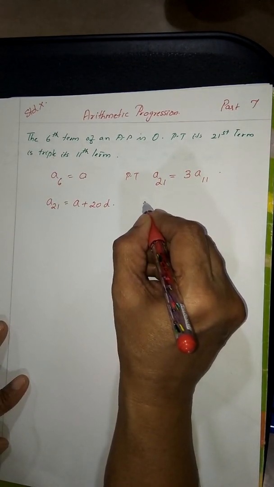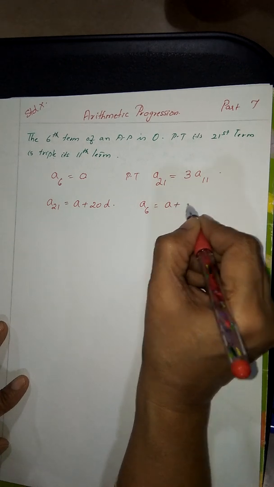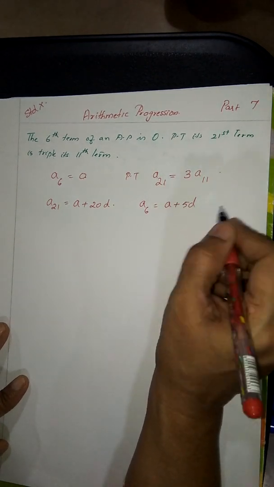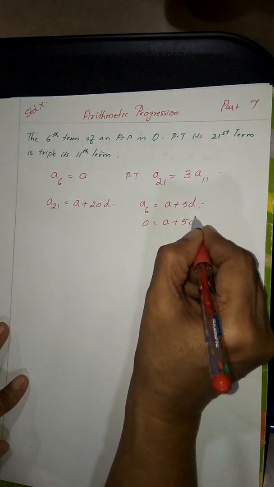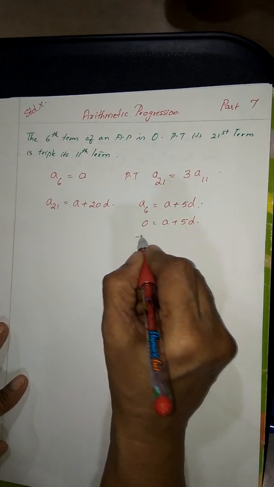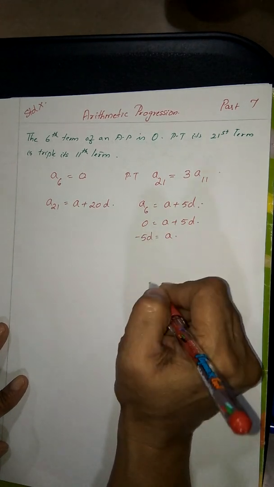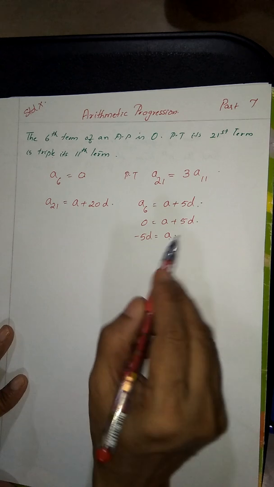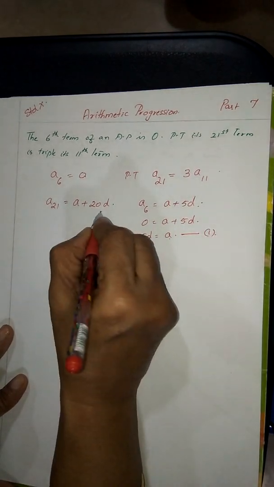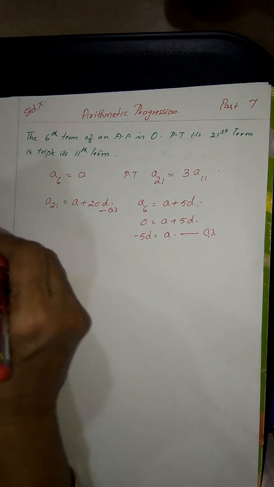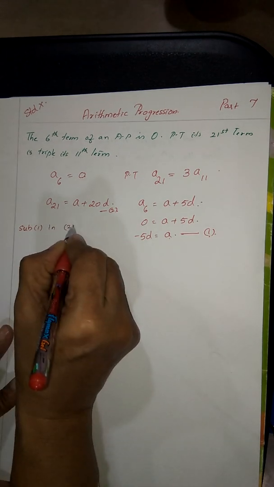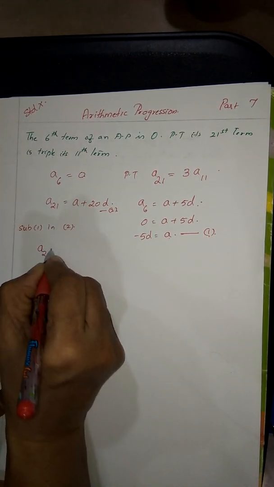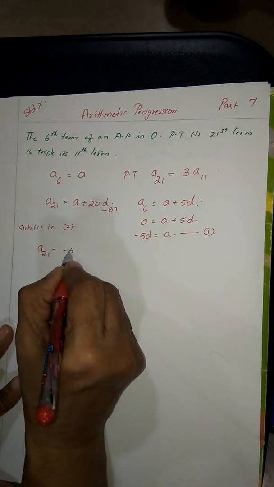And A6 is equal to A plus 5D. A6 is equal to 0, therefore 0 is equal to A plus 5D. So A is equal to minus 5D. Now we will substitute this. Substituting 1 in 2, we get A21 is equal to A, which is minus 5D,